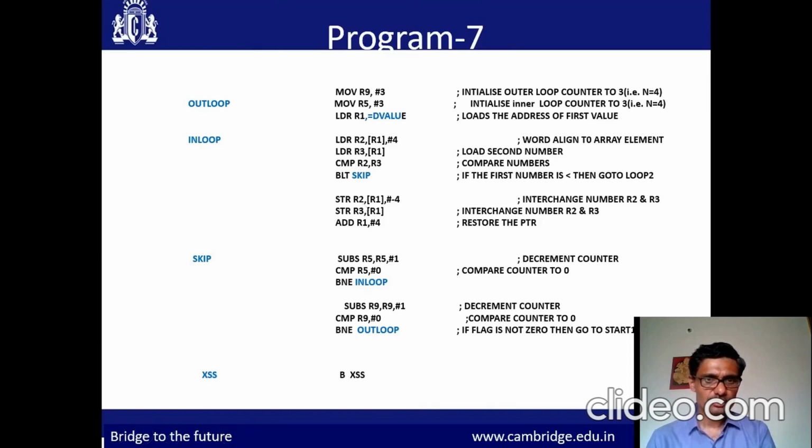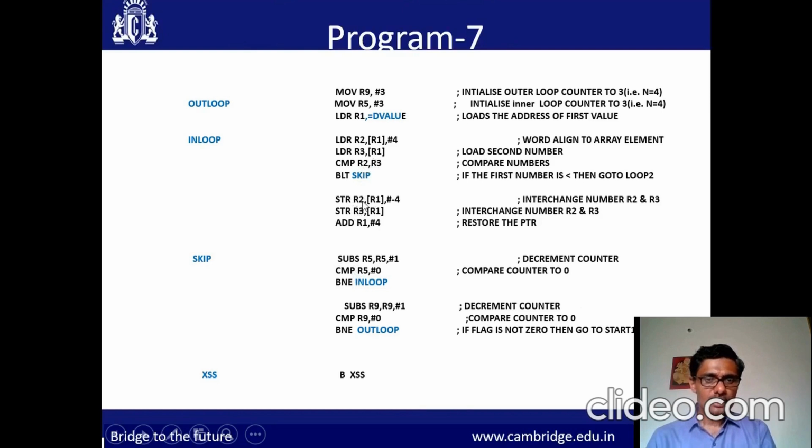That is, you have to swap the contents of R2 and R3. That means R2 is larger than R3, so it will go to the second position. So these three instructions are simply the swapping part. If R2 is greater than R3, you have to swap. If R2 is smaller than R3, then you skip this part and go to this.